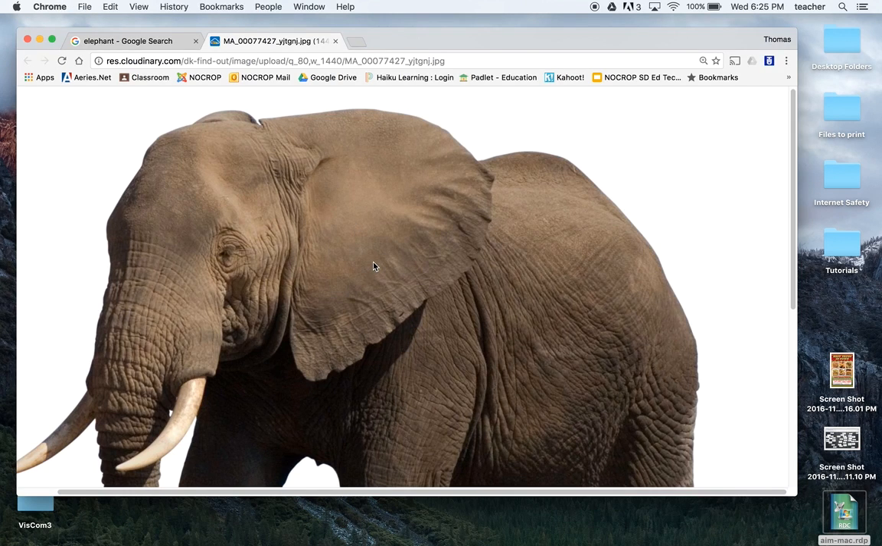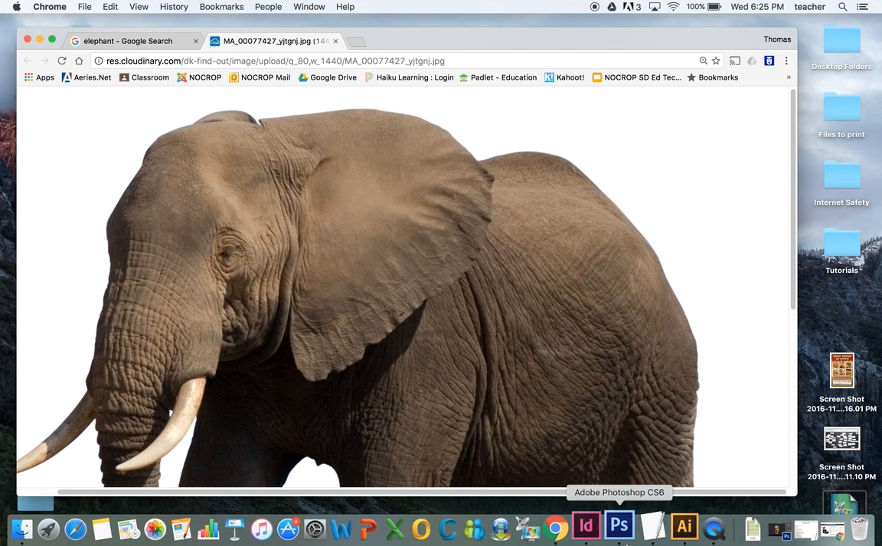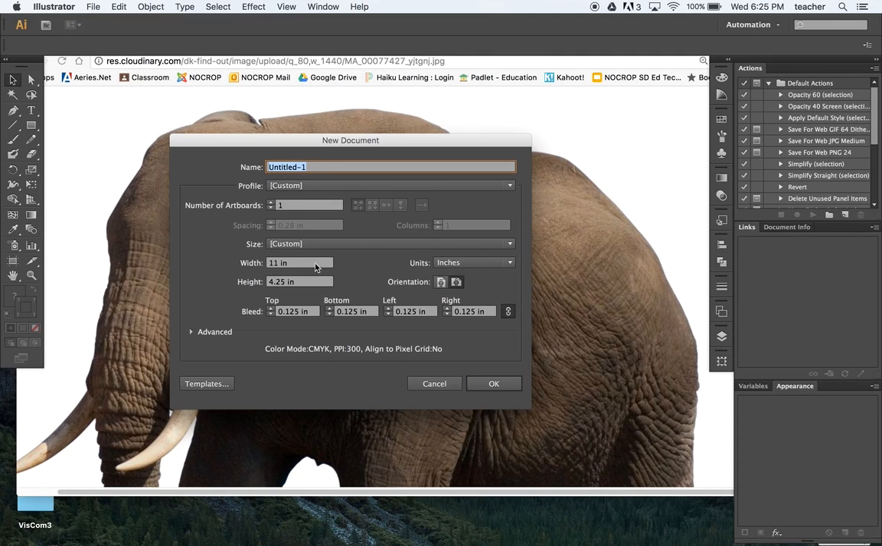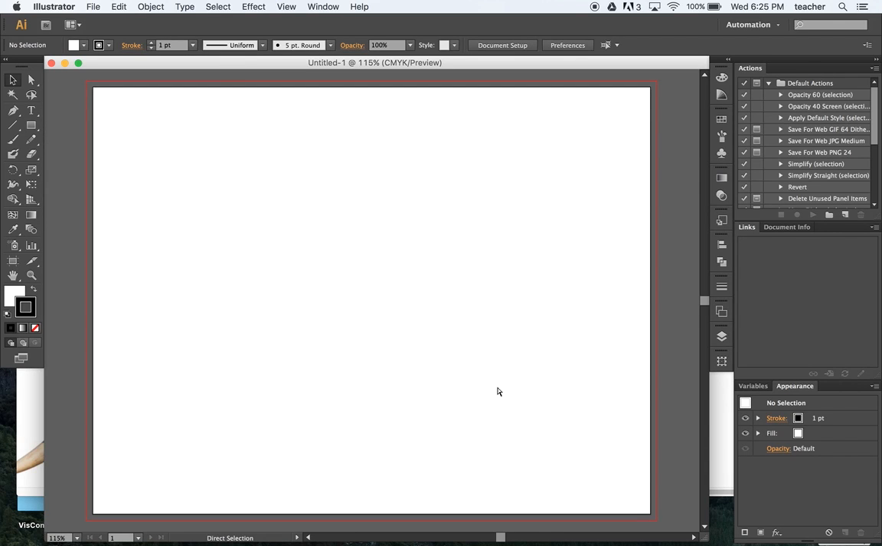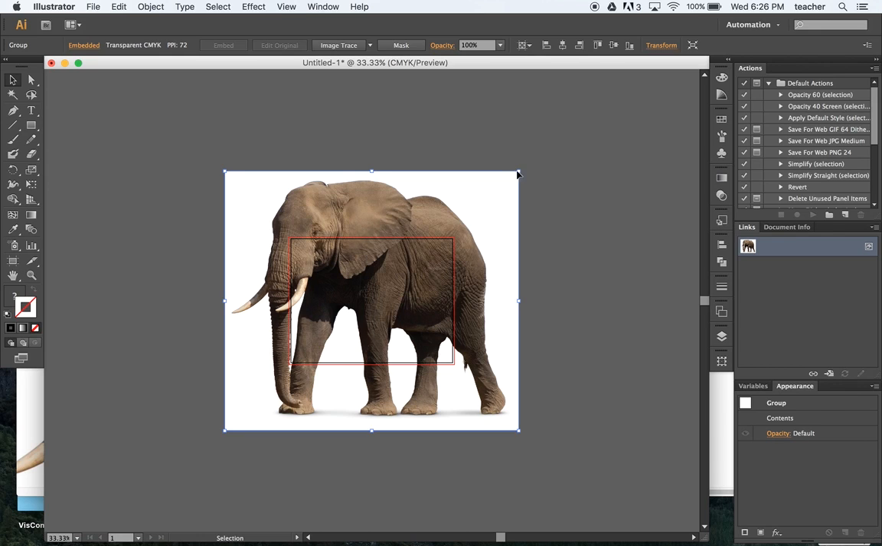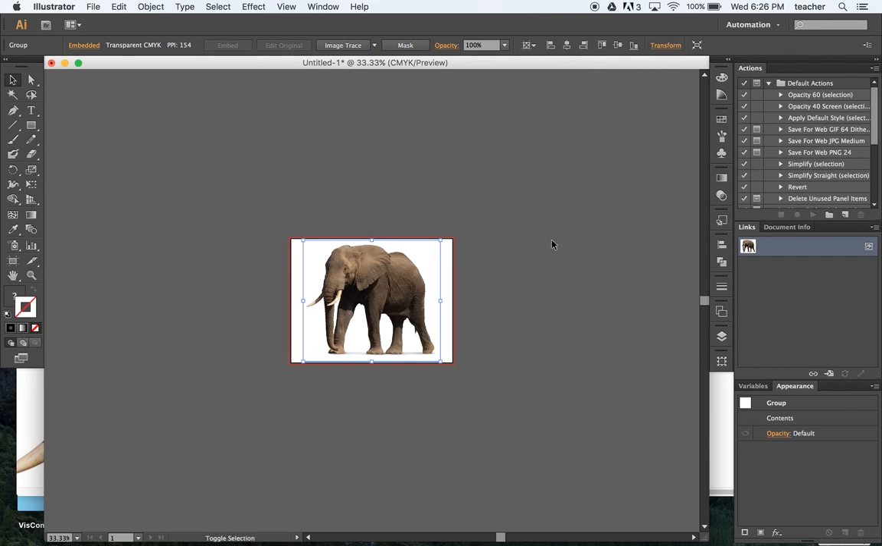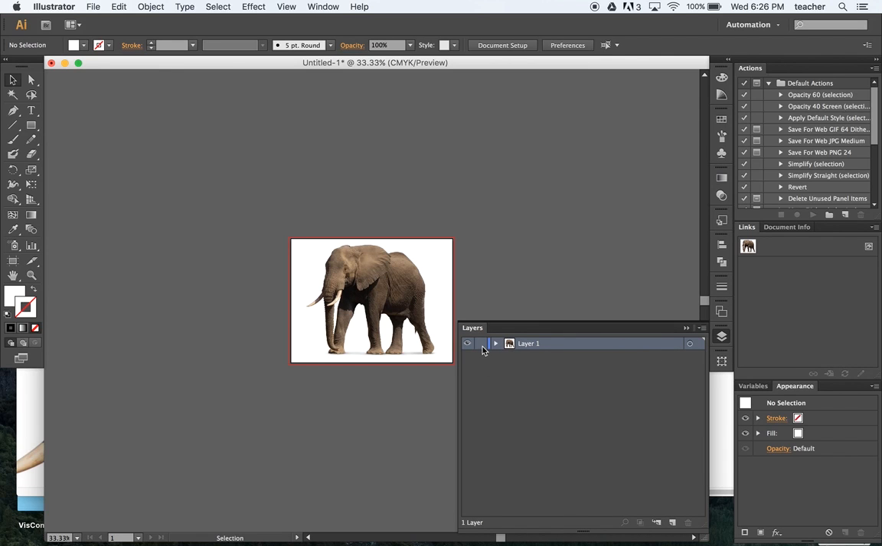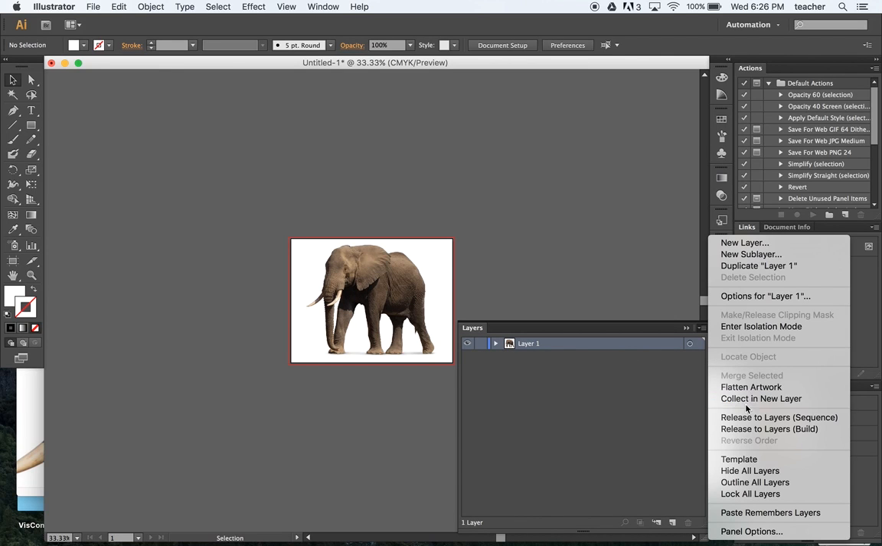I'm going to hold down Control like before and copy the image. I'm going to start a new document. I'm going to use just a letter size page. Make sure it's landscape and hit OK. We're going to paste that in there, resize the animal, and like before, use our layers, lock this layer in place by choosing template